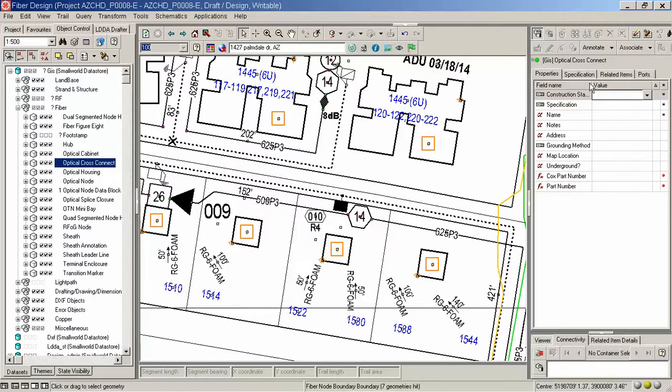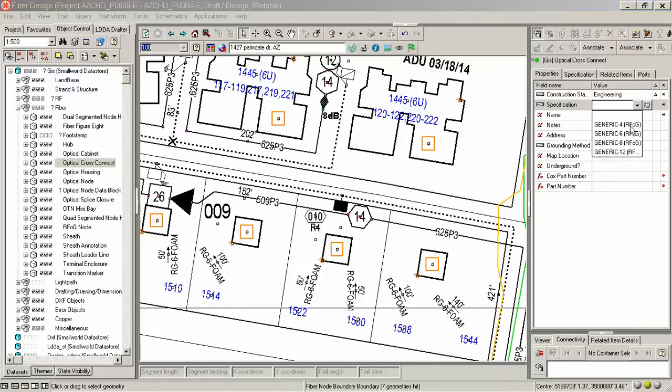You look over here to this side of the screen, you see Optical Cross Connect, and we need to fill out this information here. So the construction, we want to have engineering. For specification, we want to click generic 8. For the name, we want to use your job name convention. As you see at the top, mine is